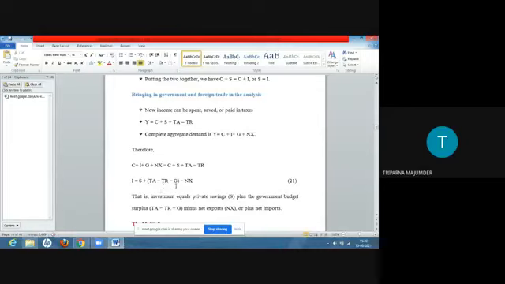can be thought of as government saving, because TA is the amount of taxes they are getting as revenue minus transfers minus government expenditures. That is the revenues they are getting minus what they are spending. And we are subtracting net exports from this. So, investment equals private savings plus government budget surplus. This is known as government budget surplus. It is obvious to you. Minus net exports, NX, or plus net imports.